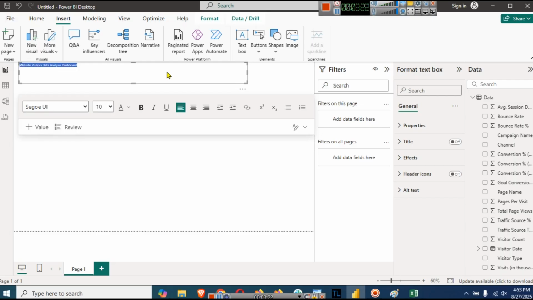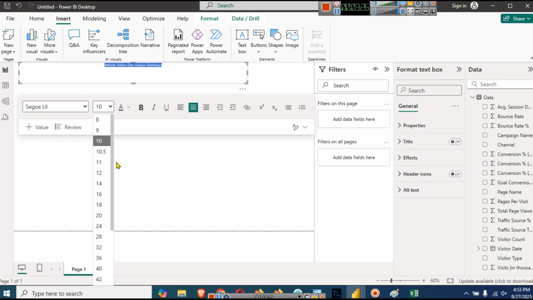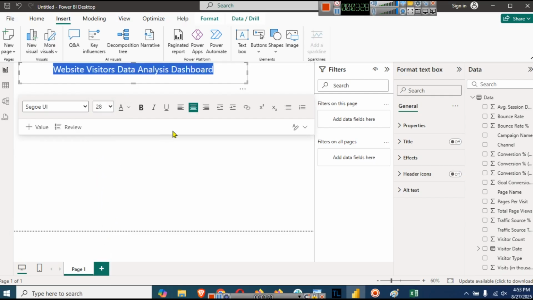And obviously this is for digital marketing campaigns, so you can mention that as well. This particular dashboard will heavily focus on KPIs. So here we will change the size to around 32, and we will select font color from here. So let's go with this